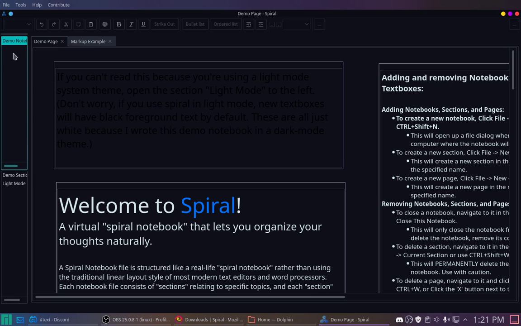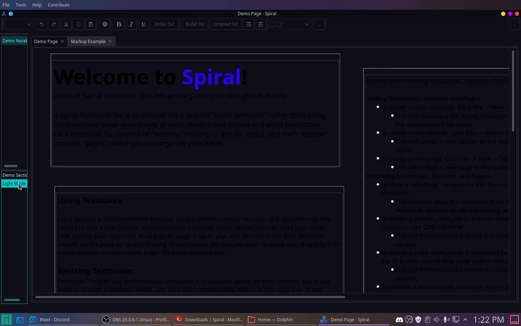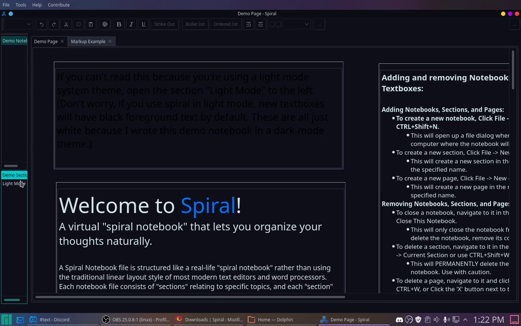But you'll see here we have the Notebooks browser. I believe I mentioned earlier that Spiral has all of its notebooks divided into sections, which are then subdivided into pages, which you can see up here. So currently I only have the demo notebook open, and that notebook contains these two sections, which are actually